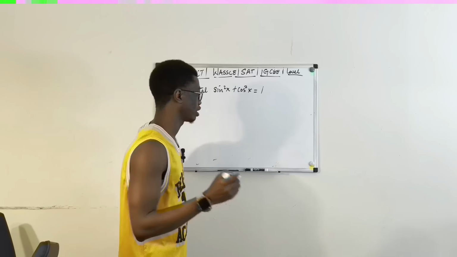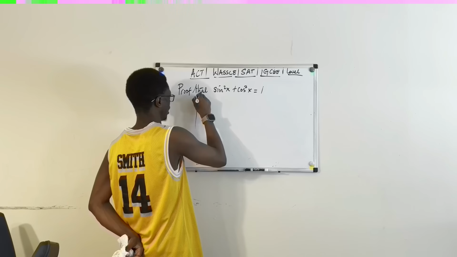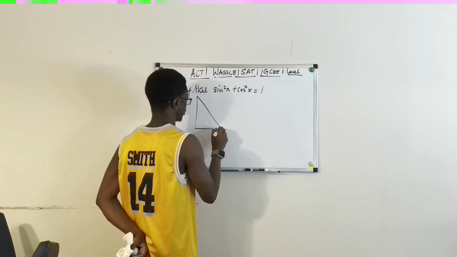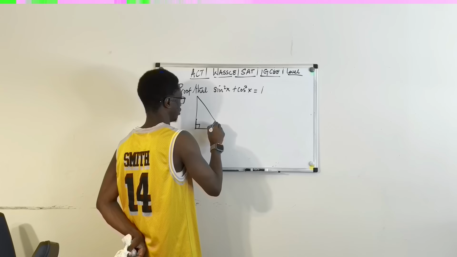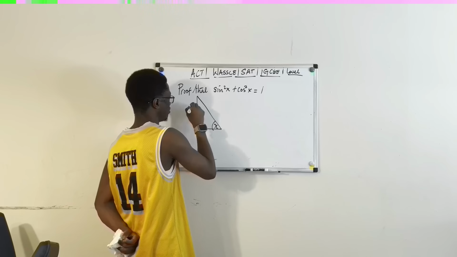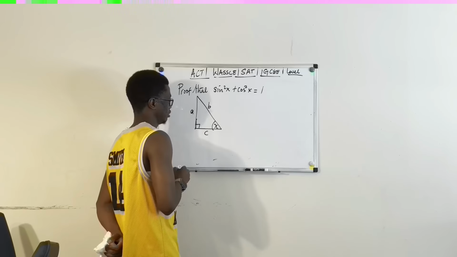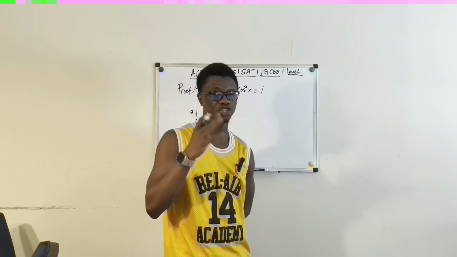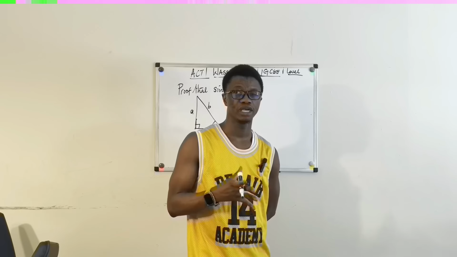Just draw a right angle triangle. Okay, so you have a right angle triangle this way, then this is 90 degrees here, and you have the angle here, which is x. Now label this one. This can be A, this can be B, this can be C. Okay? There are two things you need to know here. You need to know Pythagoras theory and